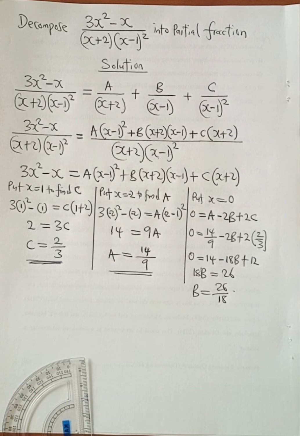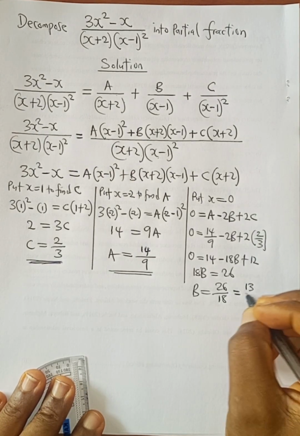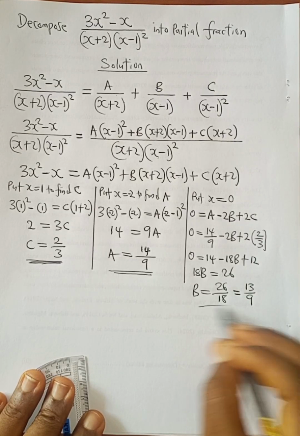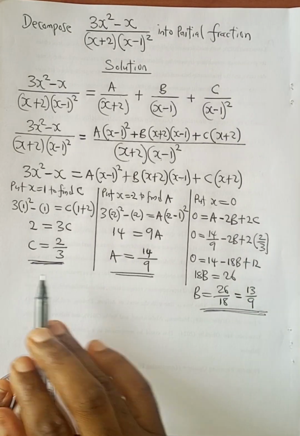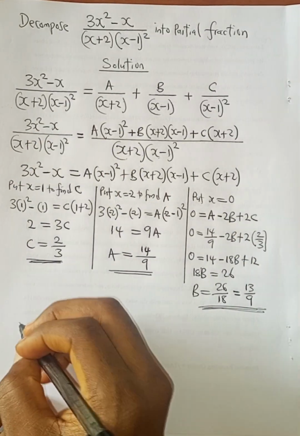26 over 18. 2 can go. We can reduce it. 2 go here, we'll get 13. 2 go here, we'll get what? 9. So this is the value of B. Now that we know A, B, C, we'll now come back here and say therefore,